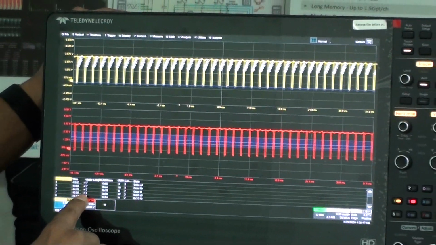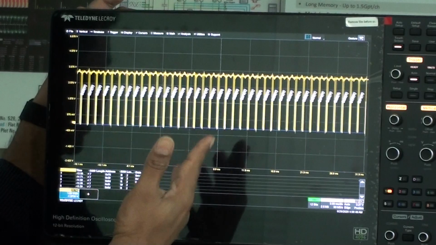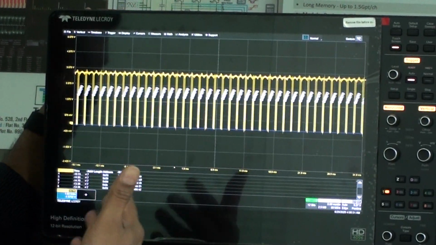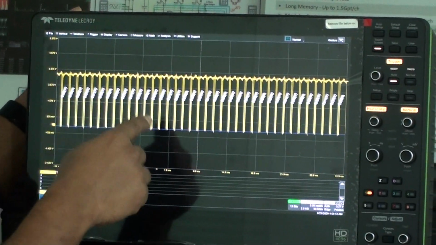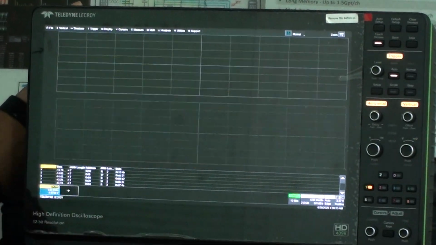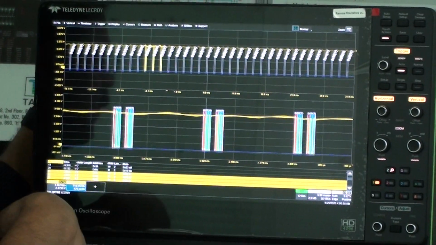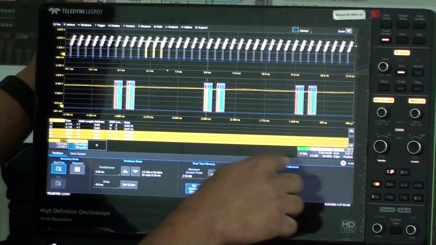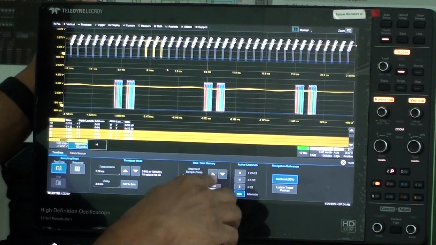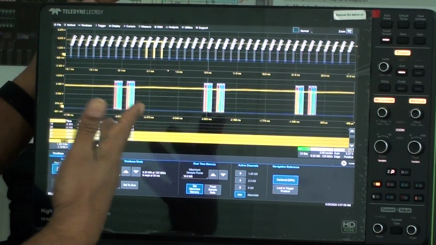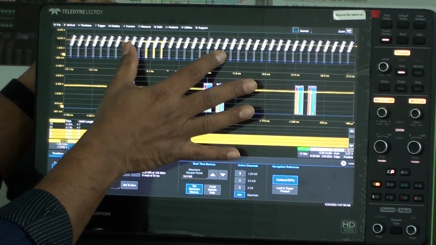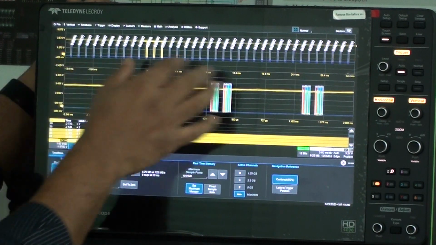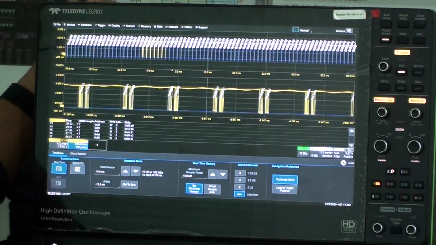I am going to just remove the clock from the display, but the clock is definitely running behind, so that I could employ a zoom and you will be able to see the decode in a much better fashion. As of now, the decode is running at quite a big memory. I am going to increase this memory so that the decode is much better, and I can even increase the number of decode areas.